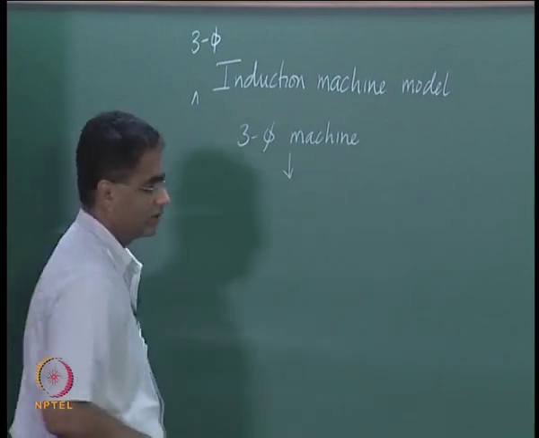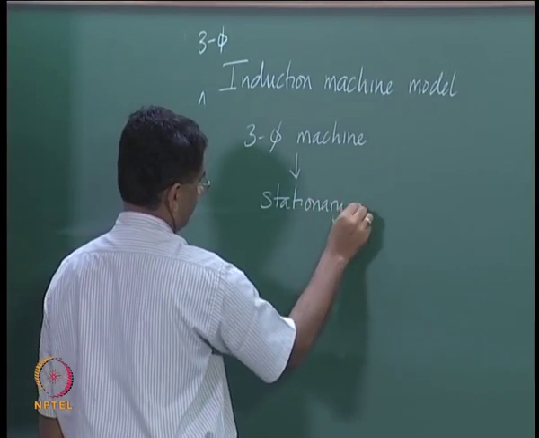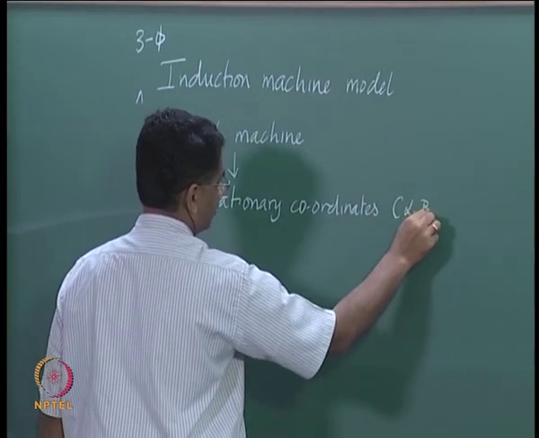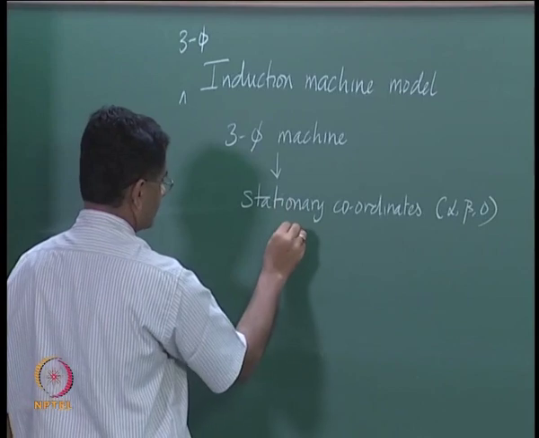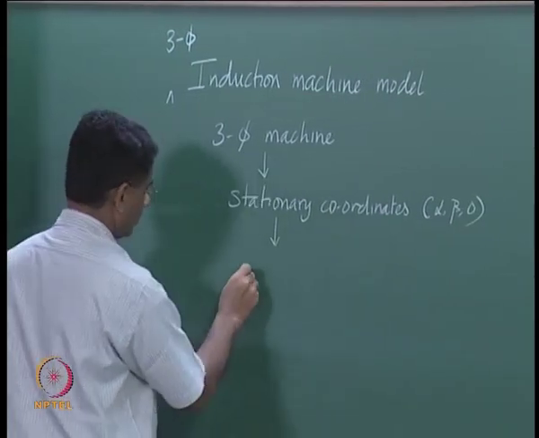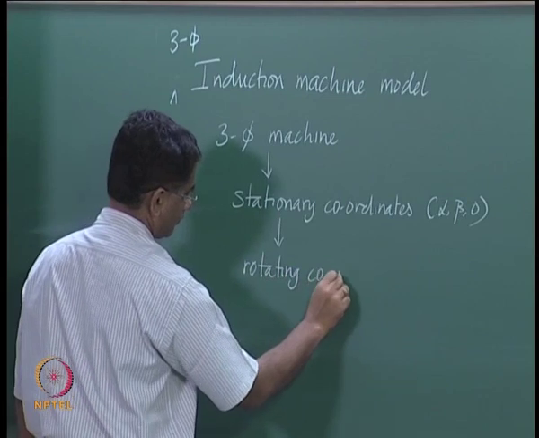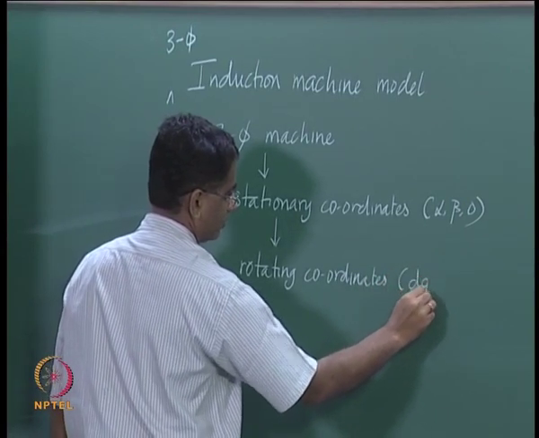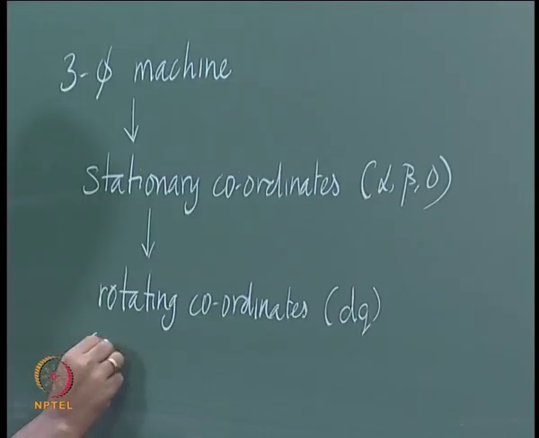and then we transformed the machine to stationary coordinates, that is the alpha beta 0 coordinates, and then we said that there are benefits to transforming the equations further to a set of rotating reference frames, and therefore we went on to the rotating coordinates, which is the dq axis, and these rotating coordinates we said could be at arbitrary speed,